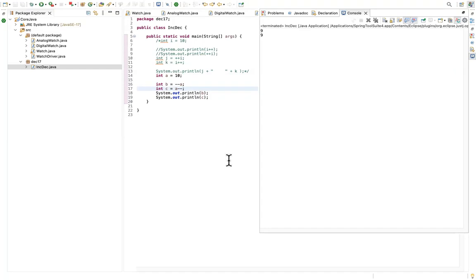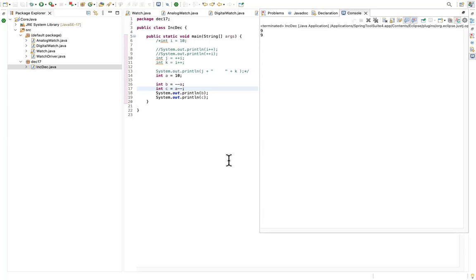Last time we got 10 and 8, right? Yeah, because your A value was not post decremented. So what post decrement does is it will assign the value, but it will not do the operation immediately. But you said while assigning to B, it will be incremented as well as assigned, right? For an incrementation operator.